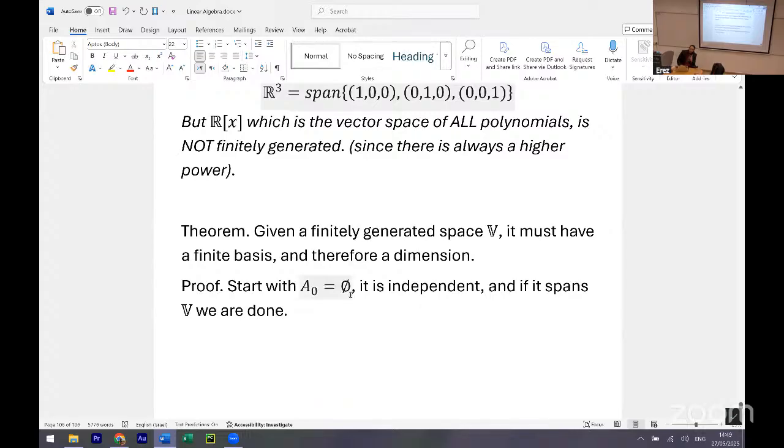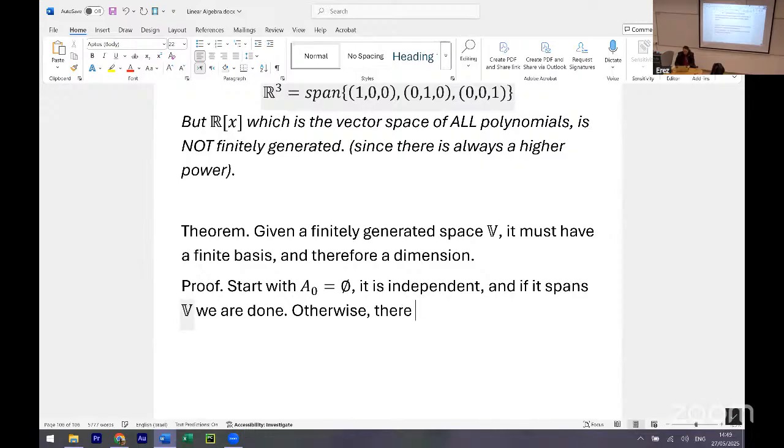Okay, I'm starting with the empty set. It's an independent set. In which case will it span V? Which vector space is spanned by the empty set? Zero. Just a zero. If the entire vector space is just a point, then yeah, we found the basis, it's the empty set. Otherwise,